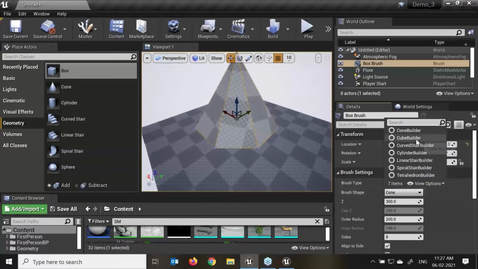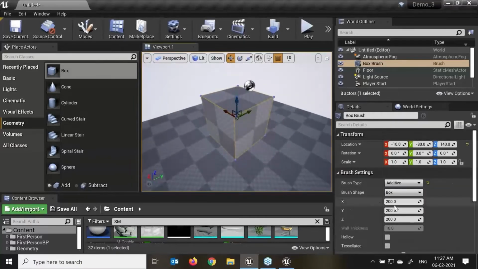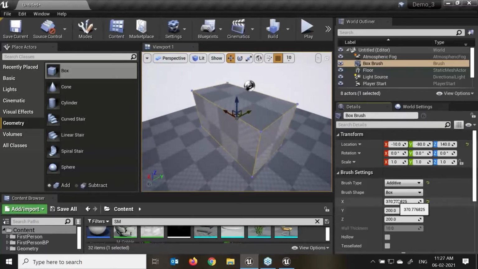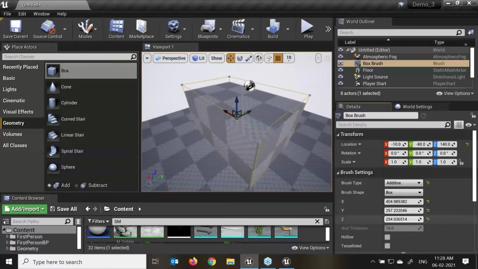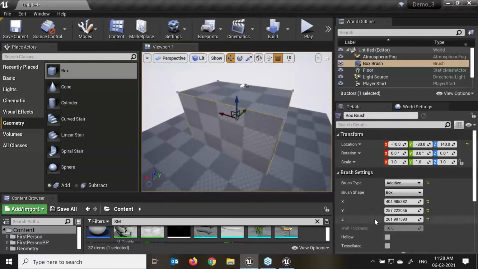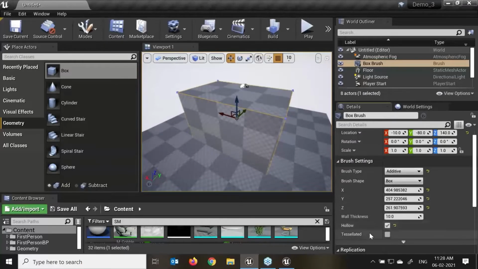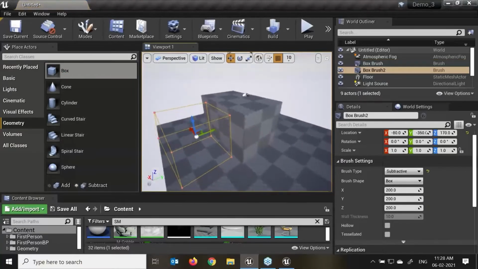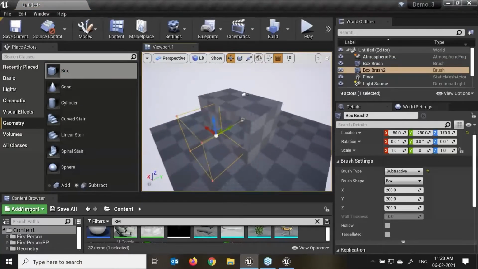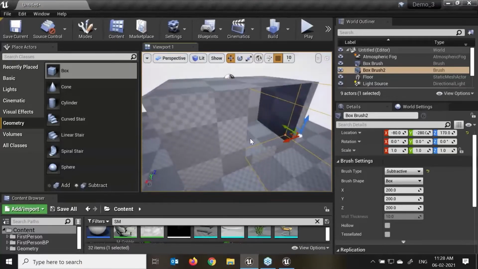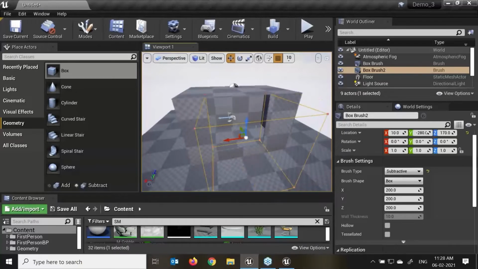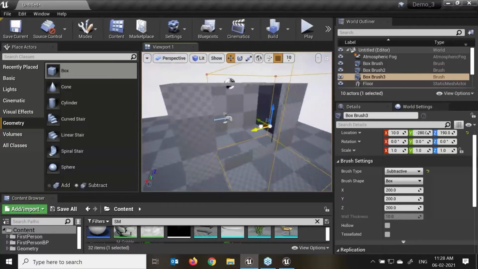This is my cone builder, and this time again I take the cube over here. Here we have the XYZ size. Here we can change and modify it as required. There is an option called hollow: how much hollow you want. For example, I'll create one more cube over here. This time I will select subtractive and drag and drop over here. Here we can see it came only as a wireframe. If I move it into that area, it automatically becomes subtractive. This is very easy if I'm making a door. There is just one component over here. Just drag and drop. You can scale and reduce it.